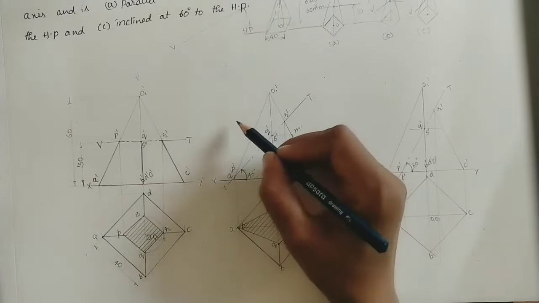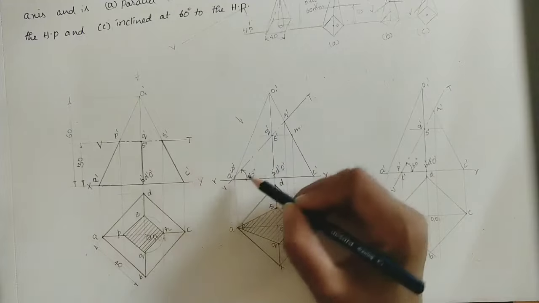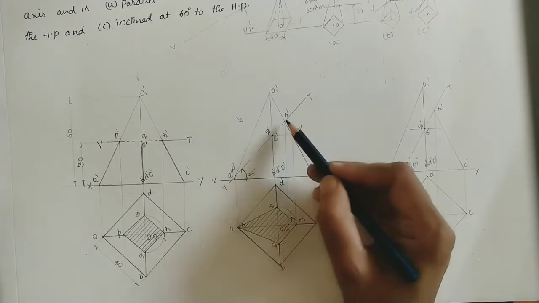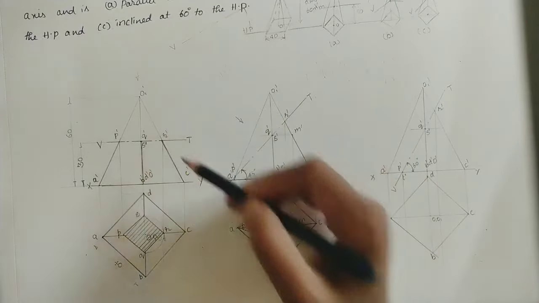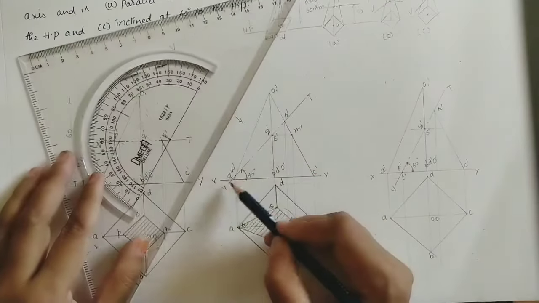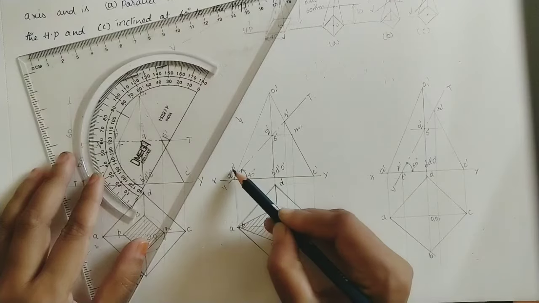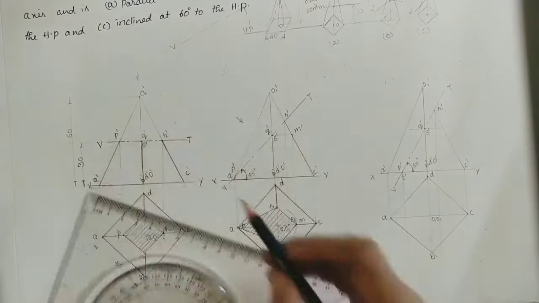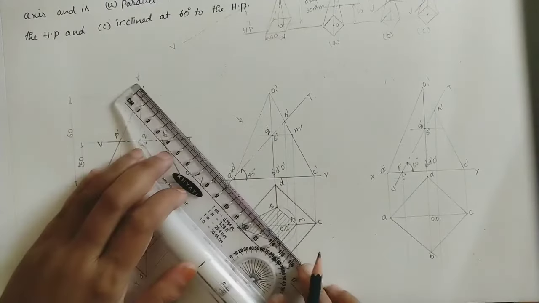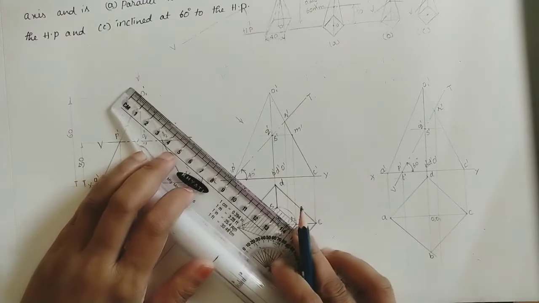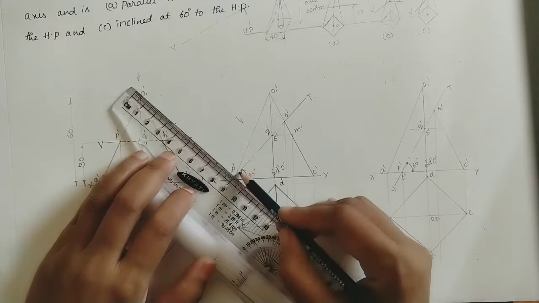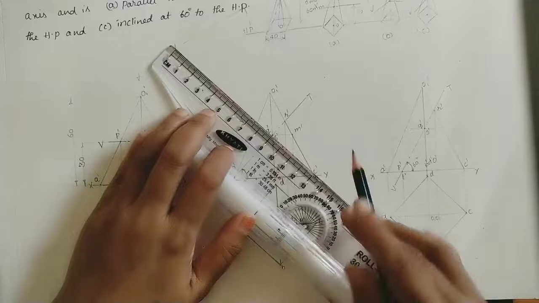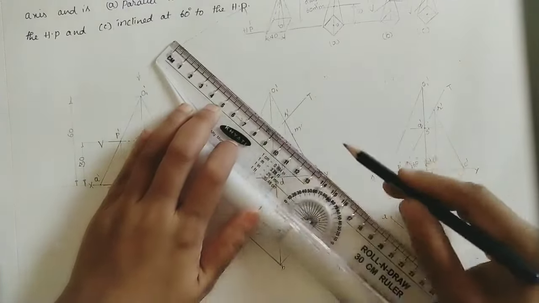For getting the true shape, we have to see the direction perpendicular to this plane. That's why here at these intersection points, do the perpendicular line. So initially do the perpendicular line at the P dash point, initial point. Take 90 degrees one point here. Join this point to P dash. So take this as a reference. At all these points do the perpendicular lines. Thin lines.